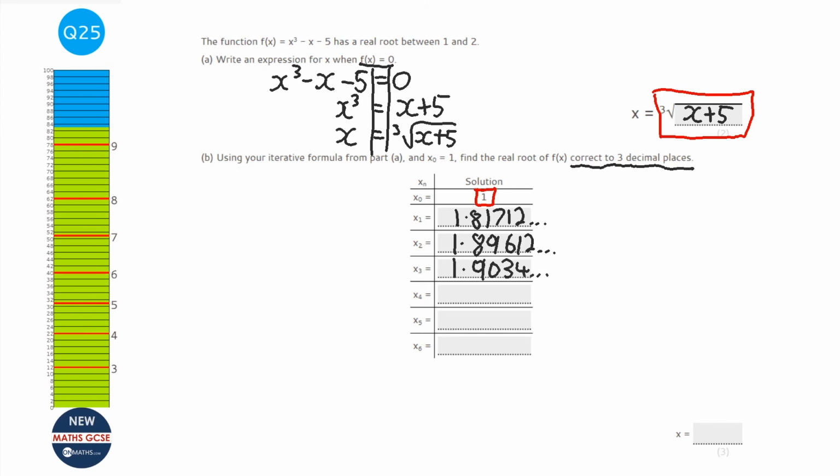Cube root button, answer plus 5, and we've got 1.9040 and so on. Now we're looking for 3 decimal places, so the numbers we're looking for being the same is these ones here. We've almost got them the same, but we're not quite there, so we need to do another one. So cube root, answer plus 5, and we've got